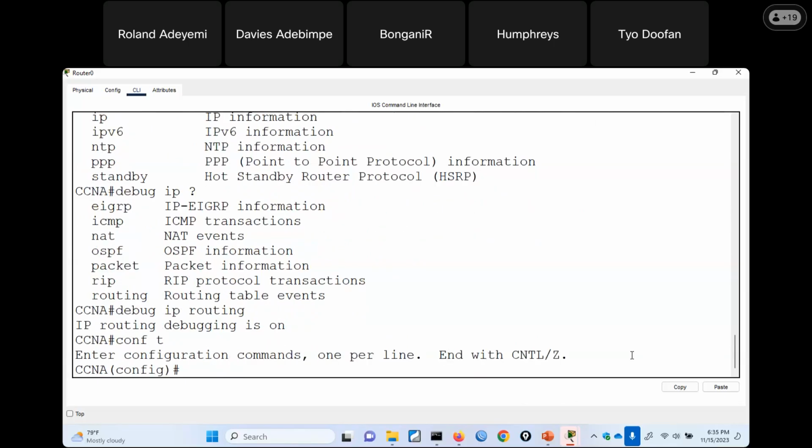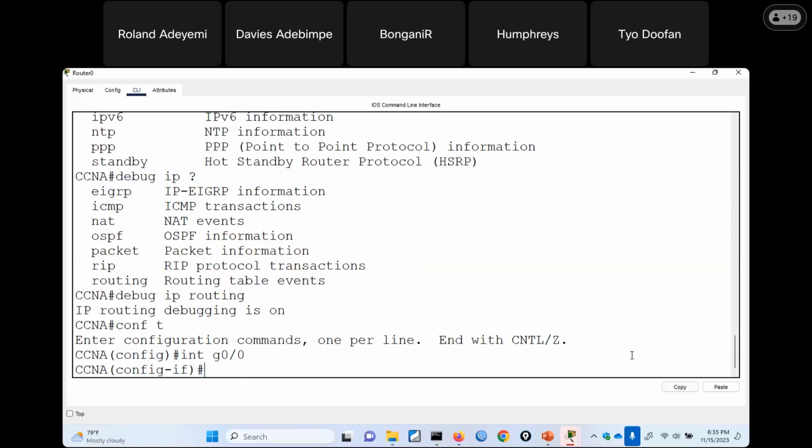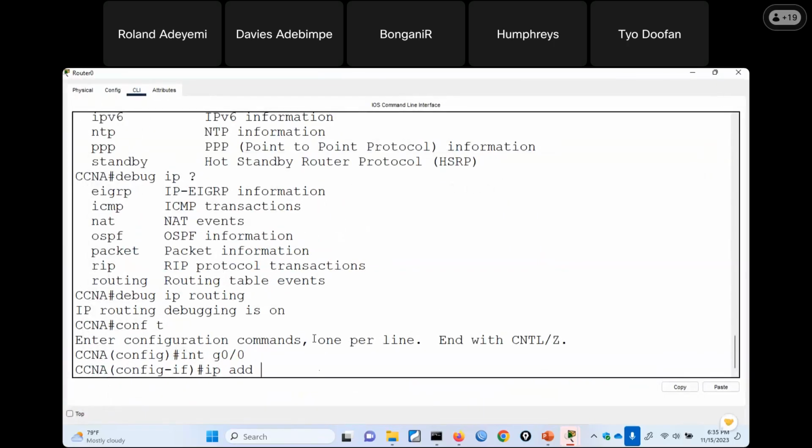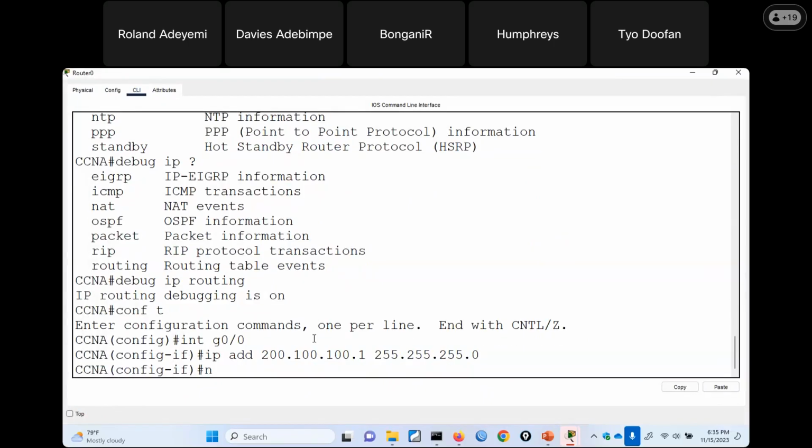So now you watch what will happen. As soon as we go into interface G0/0, IP address. Pick any IP address from that segment, which is the left segment now, that is on G0/0 here. Pick any IP address there and put it on that interface. Let's say 200.100.100.1 subnet mask. The moment I say no shutdown, if that command is the one I'm thinking,